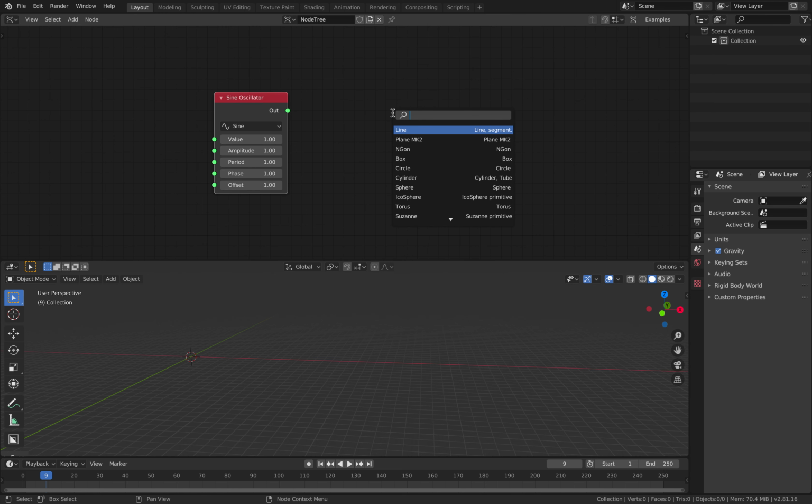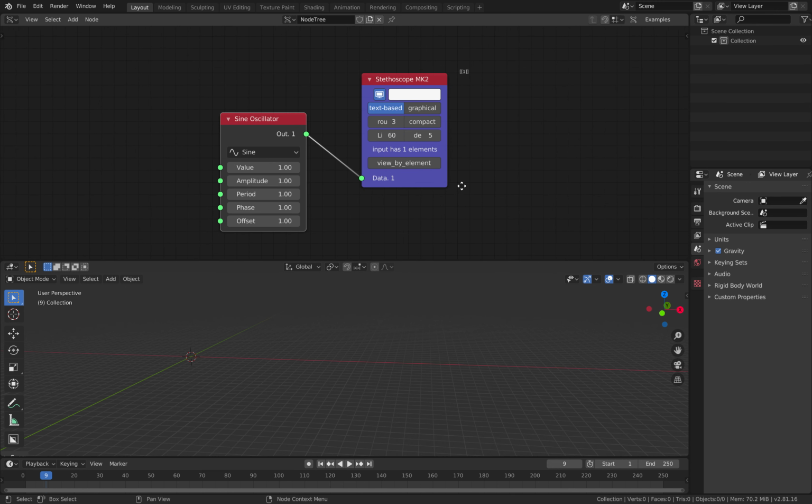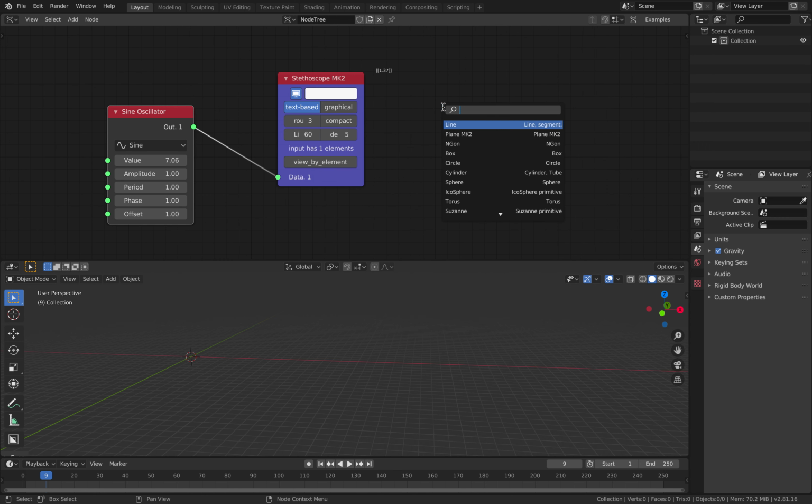So let's use the stethoscope for the starter. You can see with a value of 1, we have a value of 1 over here. And if I play around with this number, you can see the value goes up and down like a sine wave. If I try to display this using VD, so viewer draw,